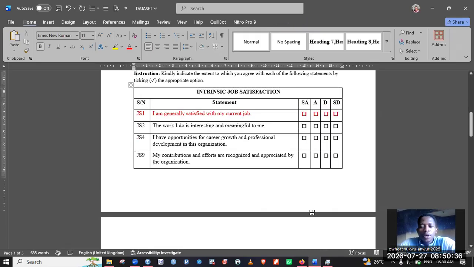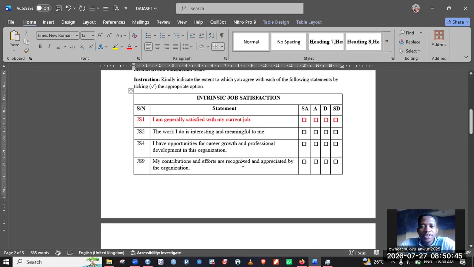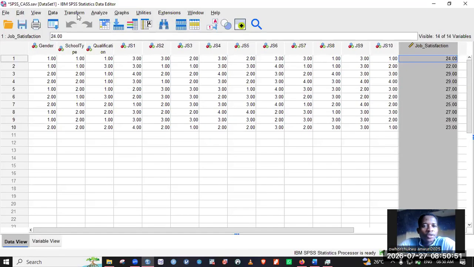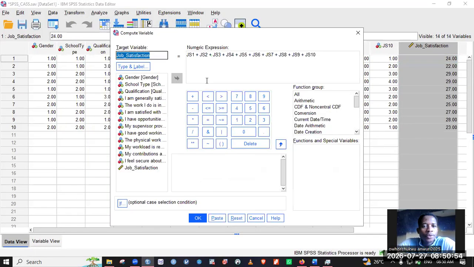Okay, so I will have to add GS1, GS2, GS4, GS9, and GS10, and then we create a variable called intrinsic job satisfaction. Now we go back to this. So click on Transform, Compute. We are going to reset. Now remember,